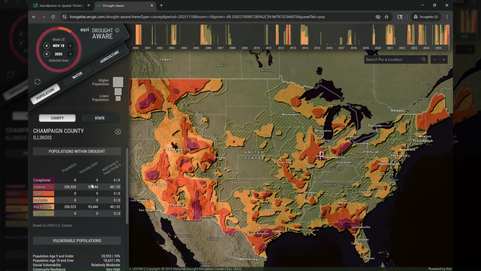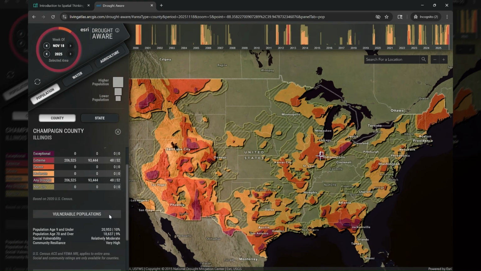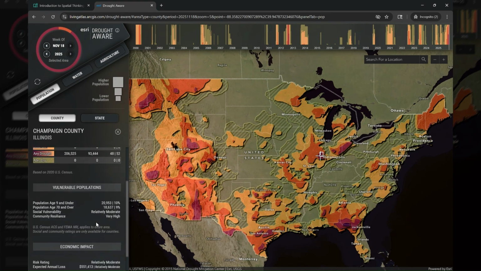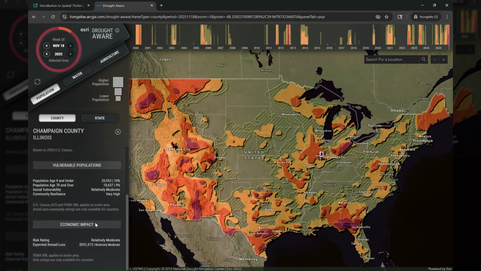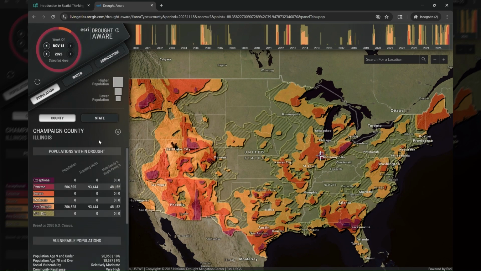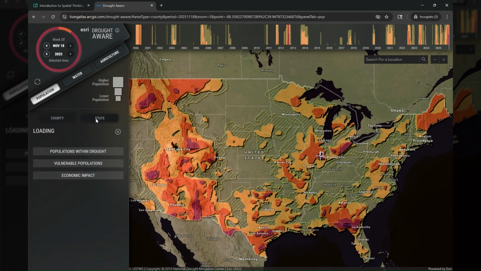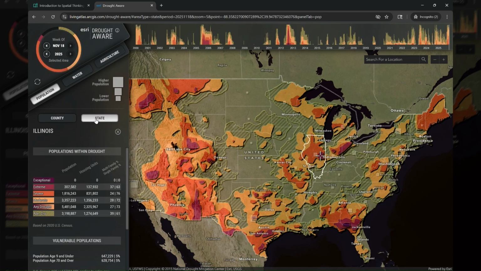It will tell us how many housing units are in each, and then single family versus multi-family homes is shown over here. We also get a look at the vulnerable populations within that particular area and the economic impact of that. We can continue our exploration by going from the county to the state. Basically it just aggregates the data up to a bigger scale so that